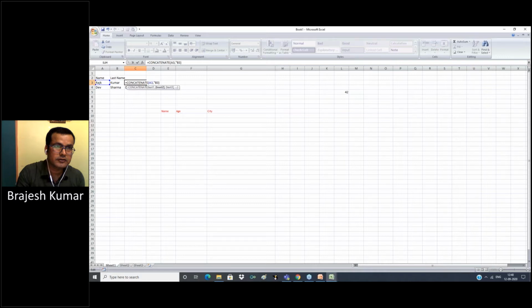For any space or any text entered in a formula, we use double quotes, because Excel considers everything as text. Now drag and copy for Dev Sharma.